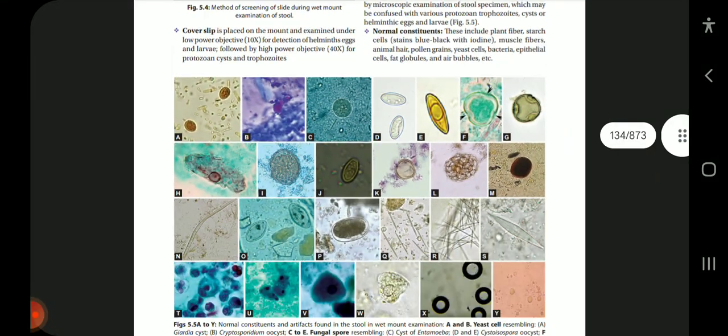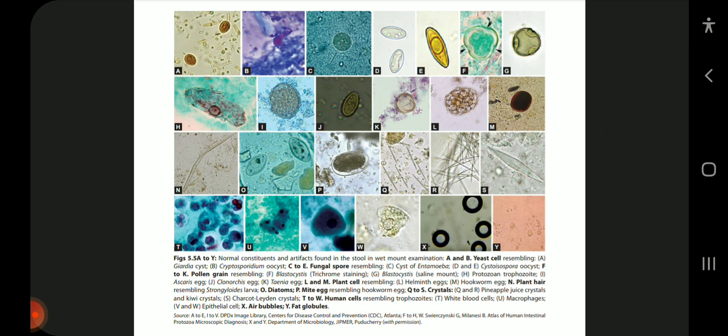Now in these figures, these are important egg figures. In A and B, we see yeast cells resembling: A is Giardia cyst, B is Cryptosporidium oocyst. C to E are fungal spores resembling: C is the cyst of Entamoeba, D and E are Cryptosporidium oocysts. Now F to K are pollen grains resembling: